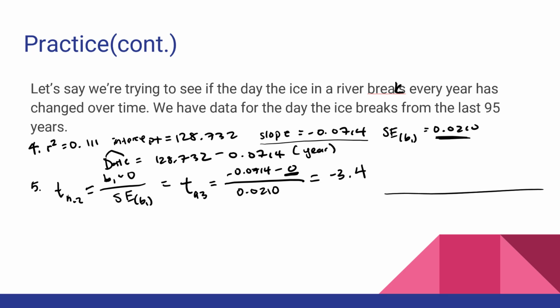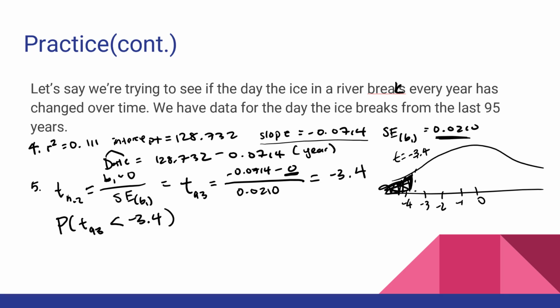With that t-score, we can draw our t-model. So 0, negative 1, negative 2, negative 3, negative 4. We flag our t-score of negative 3.4, and we want this area. But because our test is two-sided, as we set up here, that means we have to multiply an extra 2 to our p-value. So going on to our calculator, what we want is the probability that t sub 93 is less than negative 3.4, and we're going to multiply an extra 2 because our test is two-sided, because our alternative hypothesis